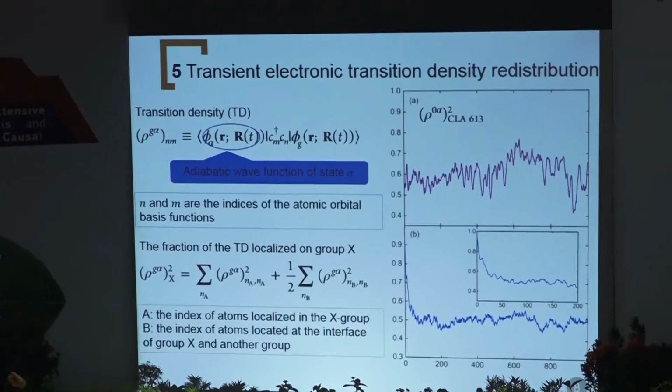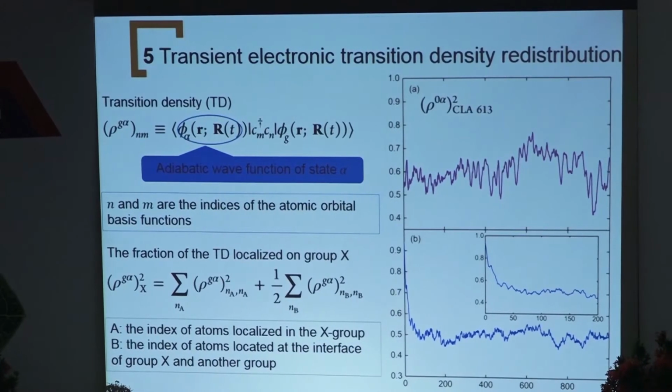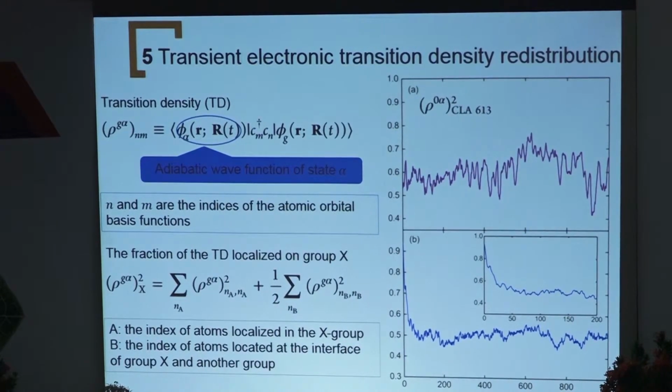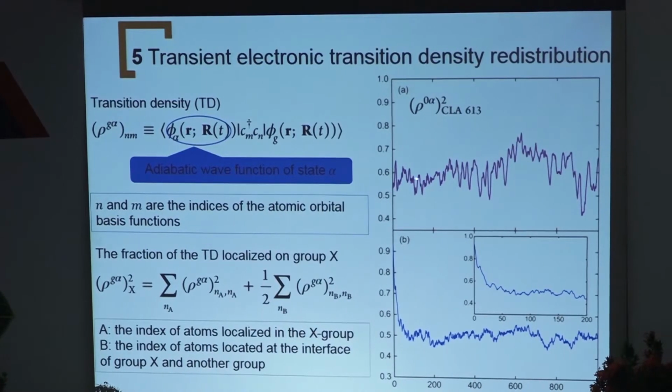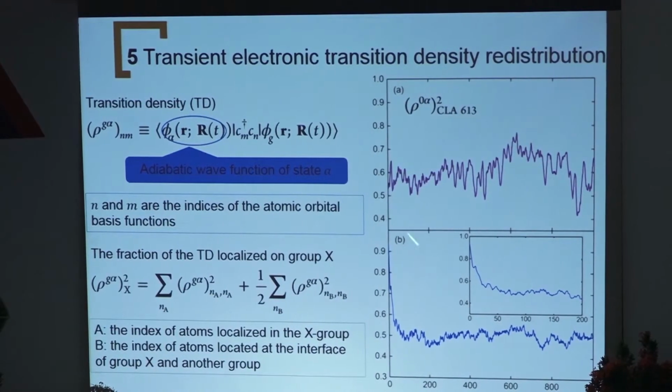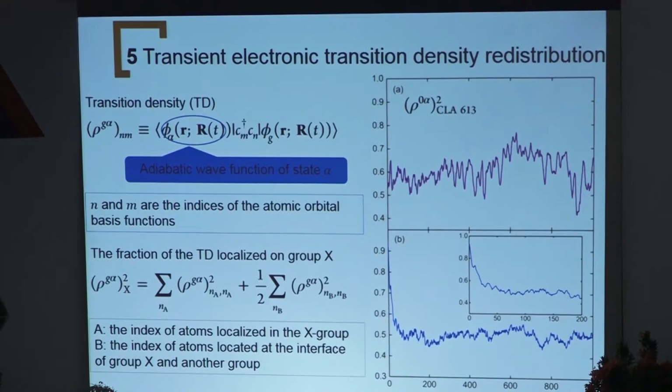And when the electronic charge is mostly located on one monomer as compared to the other, we call that higher density monomer the higher monomer. So we sometimes use HM to represent it. So the electronic density can go from one monomer to the other. If we initially allow the electron to sit mostly on one monomer, eventually it will have a smooth distribution. That is, it's almost equally shared by the two pigments.